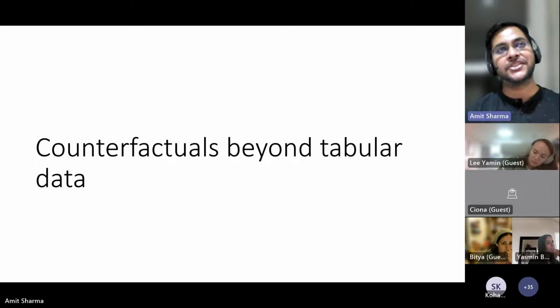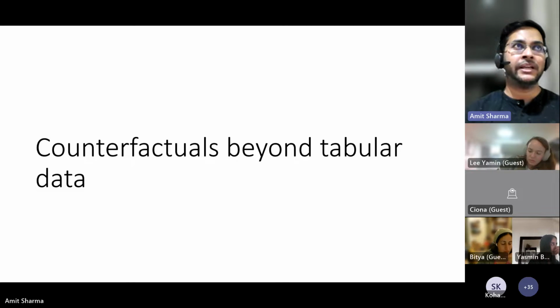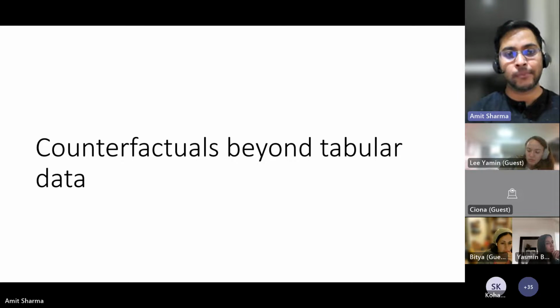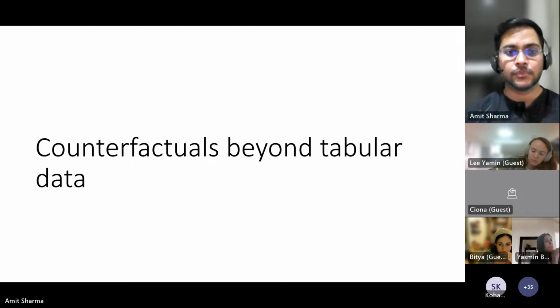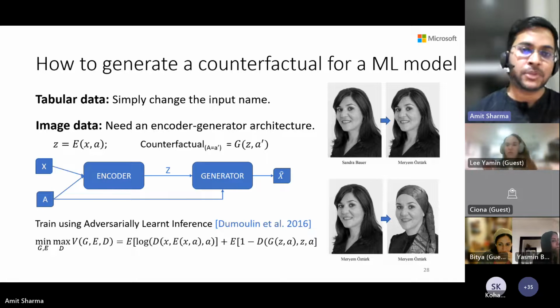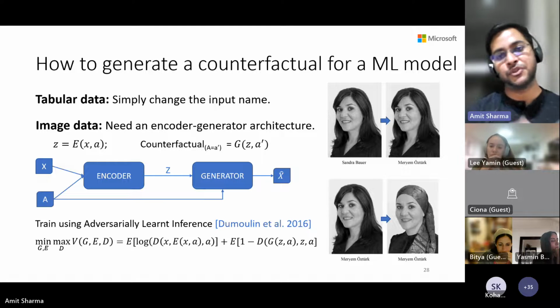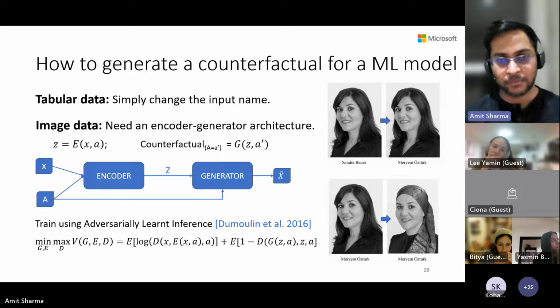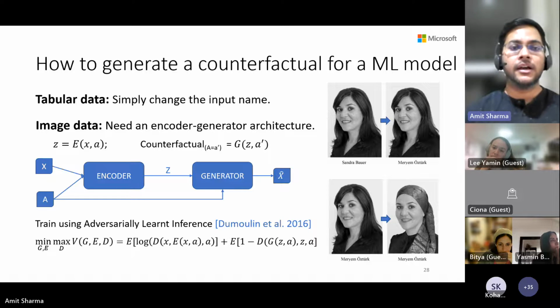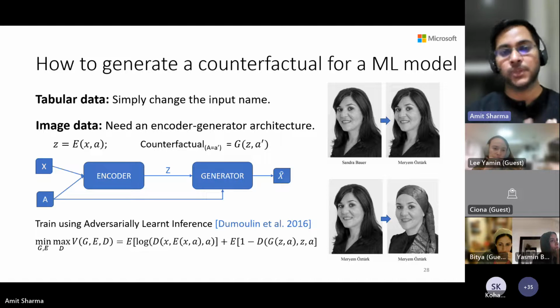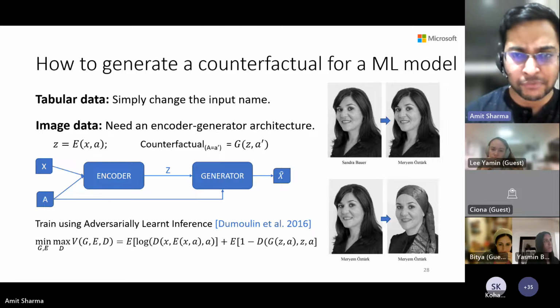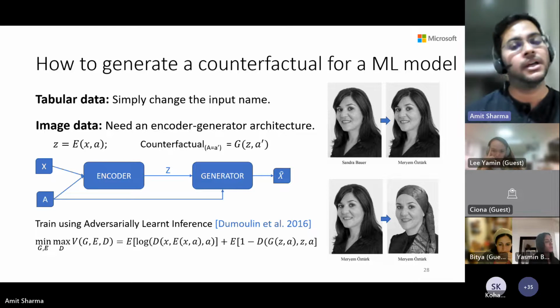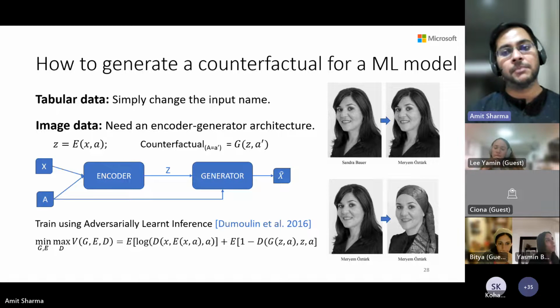So far, let's just switch gears a little bit. I was talking about very simple data sets, which were tabular. But I think counterfactuals become even more interesting if you go beyond tabular data. And in fact, that was my example to begin with, right? We were thinking of sending resumes with the same person, but a different headscarf. If it's tabular data, it's very simple. You just change the name, right? If we had our first case scenario and we just wanted the same person but a different name, it's very easy. I just change the name, right? But if it's an image,